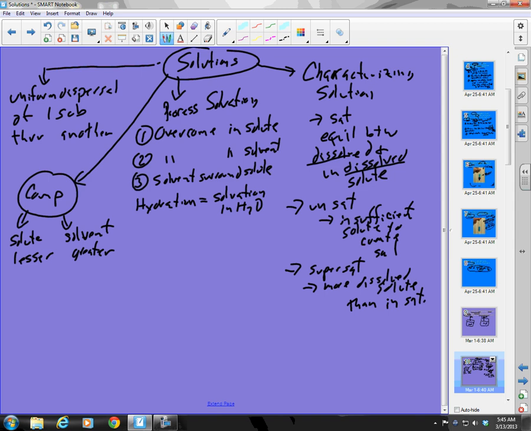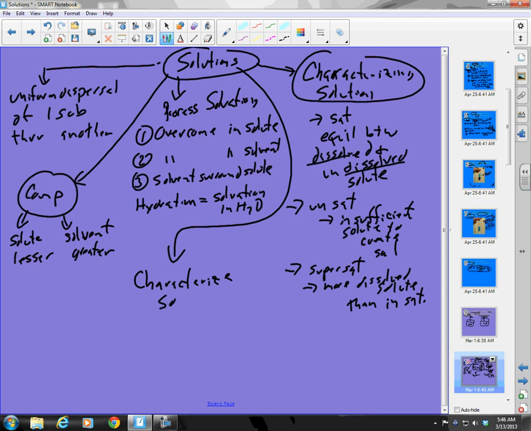And that sounds impossible. And what I have to do is play some tricks, right? Like I might have to heat up my solution and then add lots of solute, and it'll dissolve at the higher temperature. And then I carefully cool it, and that precipitation won't start because it usually needs a seed crystal, and it doesn't have a seed crystal, so no precipitation occurs, and it's oversaturated or supersaturated. Good. Now this time we are talking about electrolytes. So what we want to do is add a new category, and we want to characterize